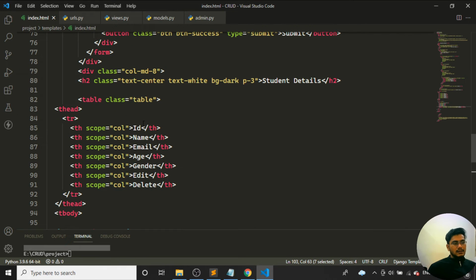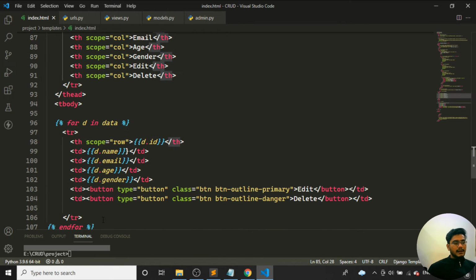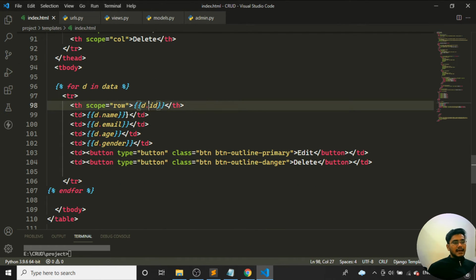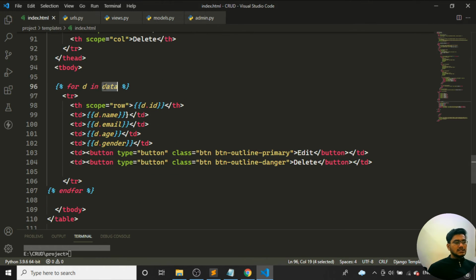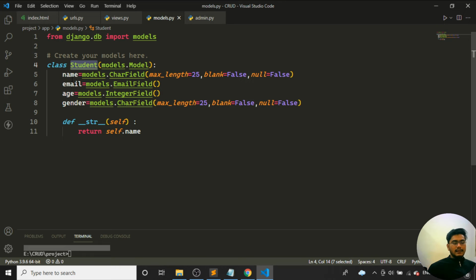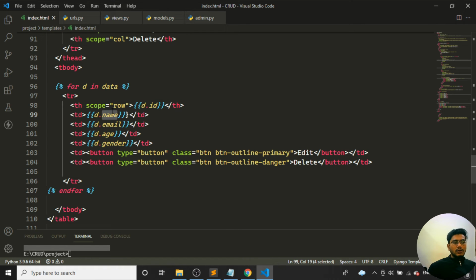See, I just edited the table row and table head. Then in the body I applied a for loop for a table row which will access the data. Anyway, the data has been coming from my backend, in the form of a context dictionary to the index.html file. Here I'm accessing the particular data object by applying a for loop. So d.name, email, age, gender should be exactly whichever name you have added inside the database models. If I'm giving a name like full name, that time it will be like d.full_name, like this.